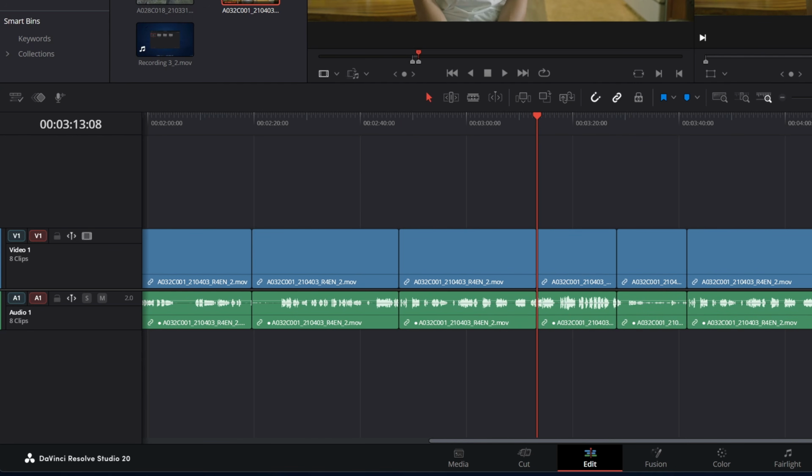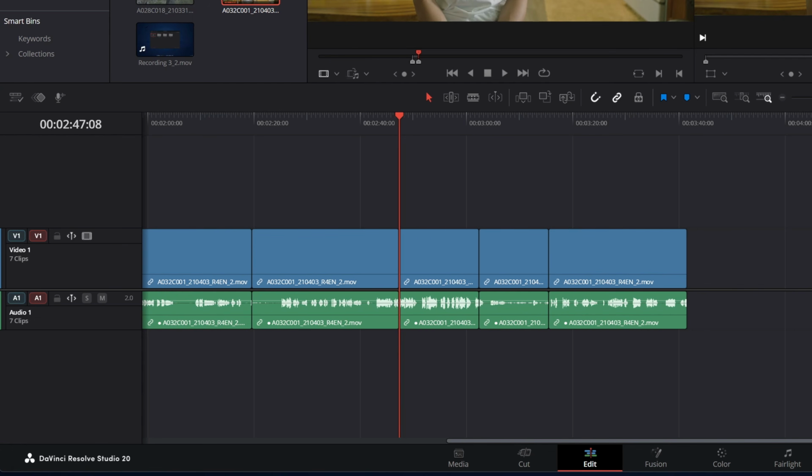I'm going to Control or Command Z to back out of that, and instead hit F10. Now F10 just overwrites that. I'll back out of that again, and let's try F11. Notice what happened there. I'll back out and redo it to show you. It just replaced this clip. So no matter where my out point was set, no matter how long that clip I selected, F11 fits it to the length of the clip we're replacing so it doesn't disturb the rest of the edit.